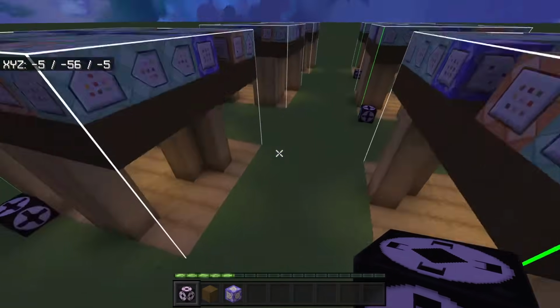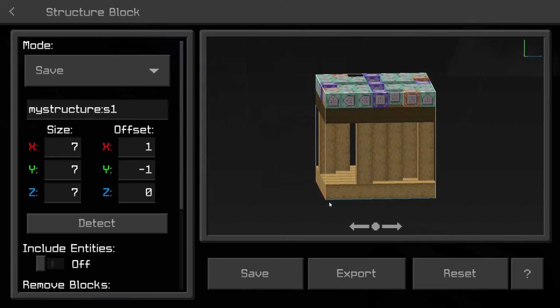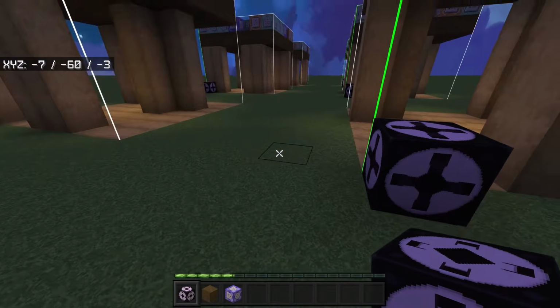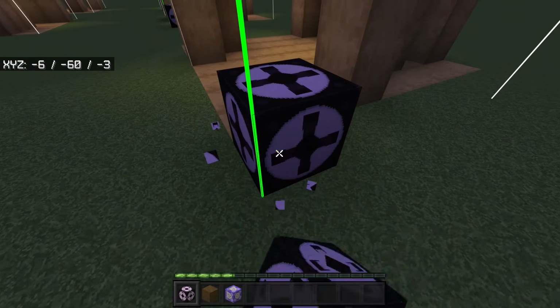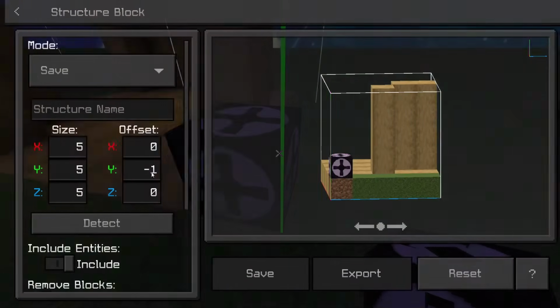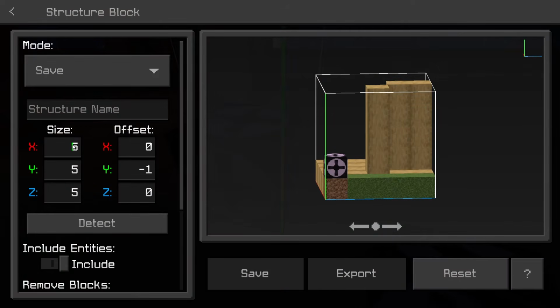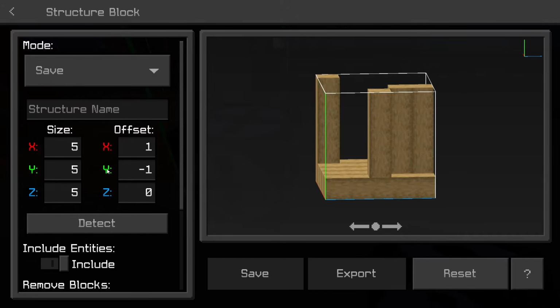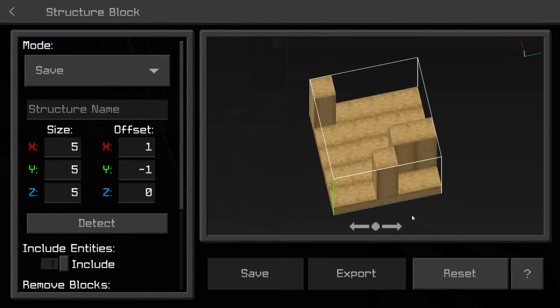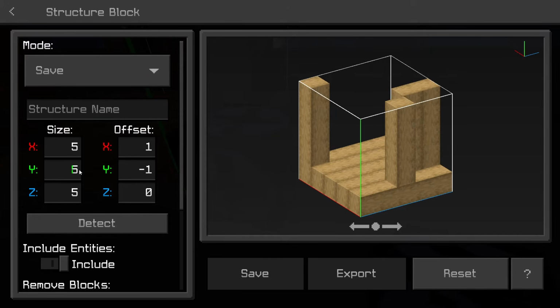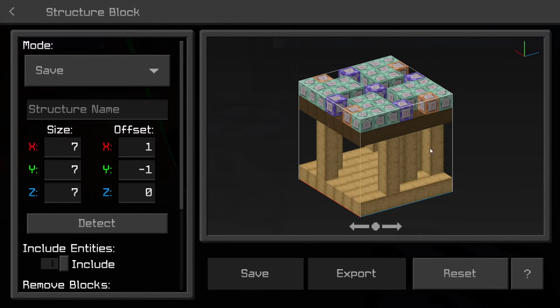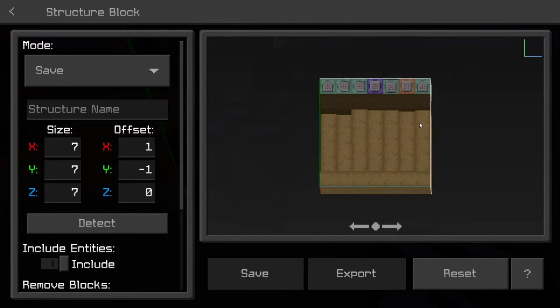the structure. You're going to want to place a structure block here where it aligns with this. So you would place one right here. So it would look like this for the offset. Make sure, and this is important, the structure block is not in the structure. So what you're going to do to avoid that is you should be able to do 1 on the X or the offset, and then just make sure that you have this, and then this is easy if you did 7 by 7 by 7 like me, and then boom, then you have all of it in this, including the